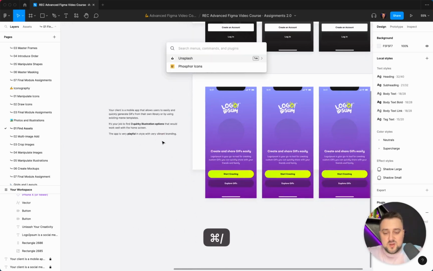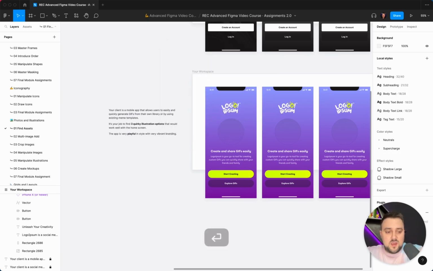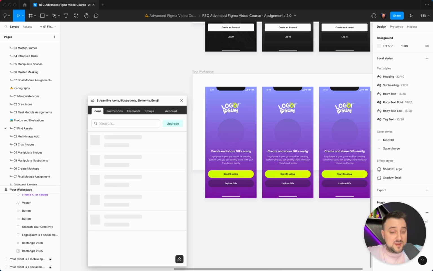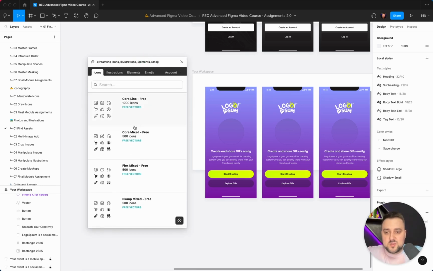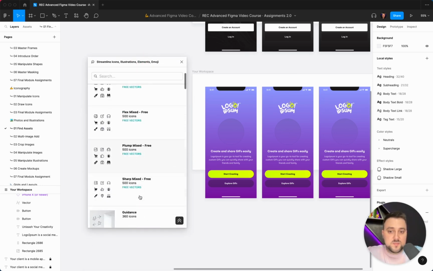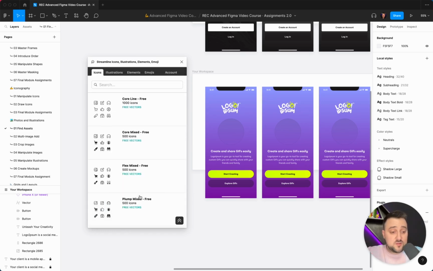Now, one thing I do have installed is Streamline, and we do have a paid account for it. Maybe it's not fully connected yet. Oh yeah, it is. There's no upgrade button. So sometimes with some of the plugins, it takes a minute to adjust. But yeah, we have a paid version, so I don't have to use the free ones. But if you want to just try it out before purchasing a license, I highly recommend it as